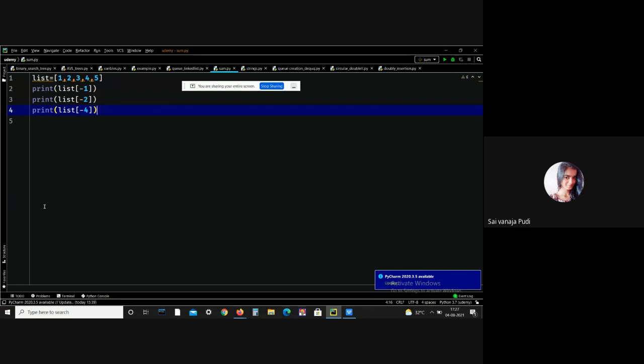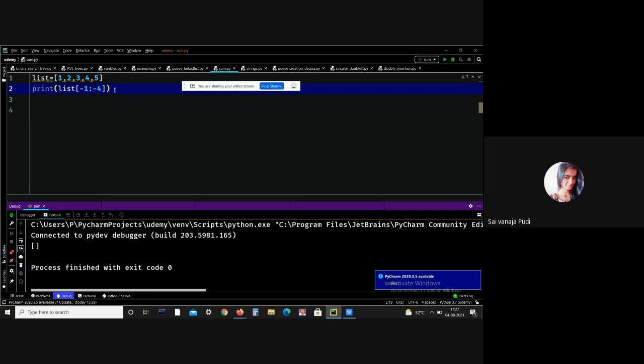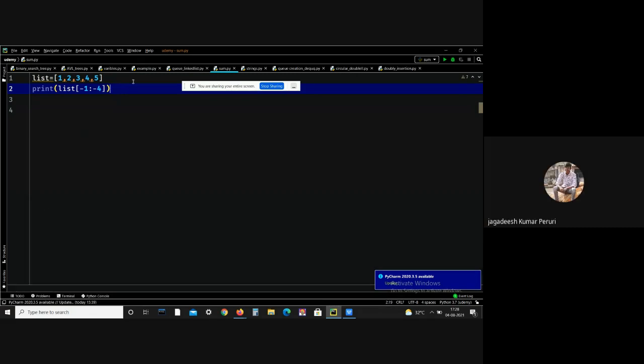And even we can perform slicing also. Let me give an example. Here I just want to print -4 to -1.